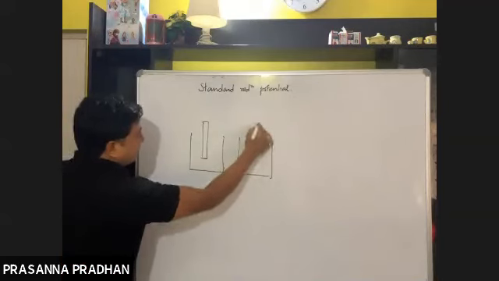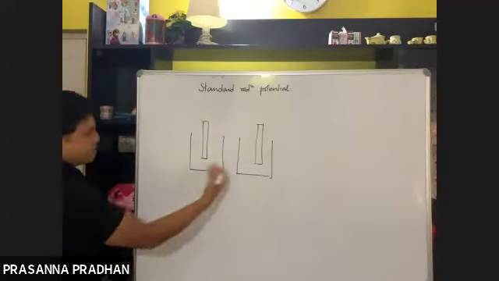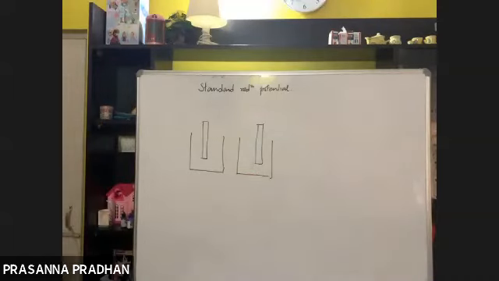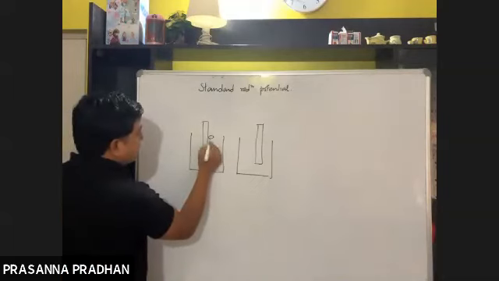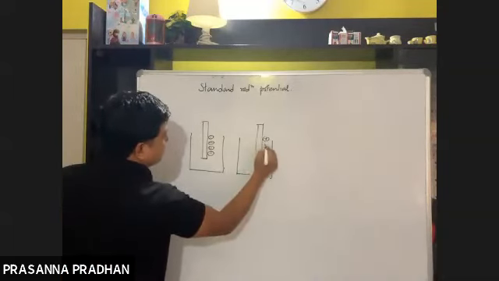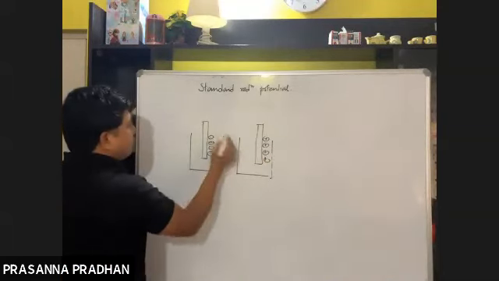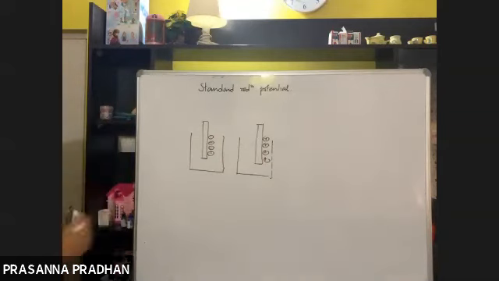Okay, so the electrode potential on the left hand side is known as a standard oxidation potential. That on the right hand side is known as a standard reduction potential. Here there is excess of negative charge, and here there is excess of positive charge. So again there is a difference in charges between the two half cells. Again, when there is a difference of charges, a potential difference will arise.